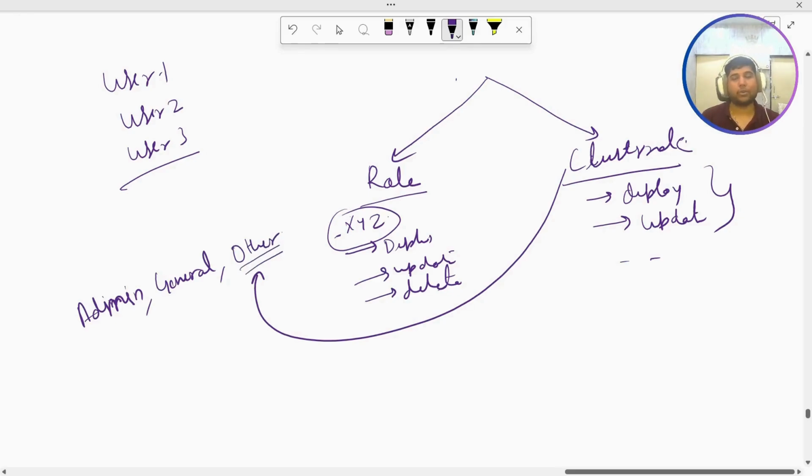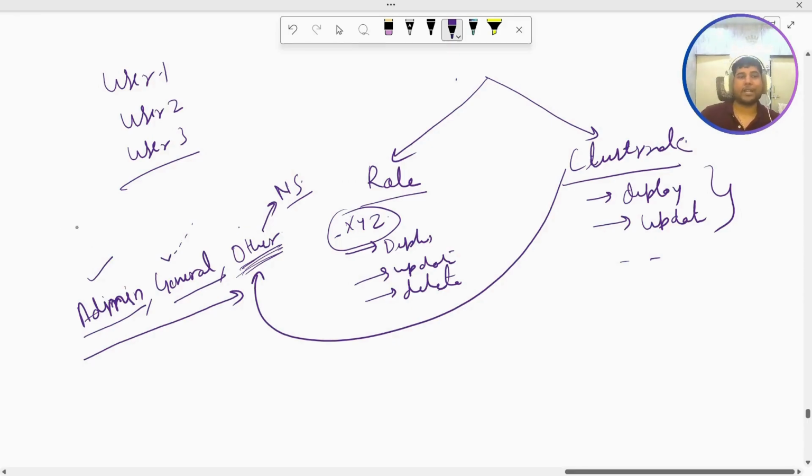In other or third role that I have created, that is also on cluster level, in this role I have defined that you should be only able to see the namespaces, but inside the namespaces you cannot view the resources, okay. Other than that, in this role I have defined that you cannot have permission to perform deployment, to delete deployment, to update deployment or any kind of other things like that, okay. That means the level of hierarchy is going down from here to here. This is having maximum permission, it is having a little less permission, and this is having the least permission,